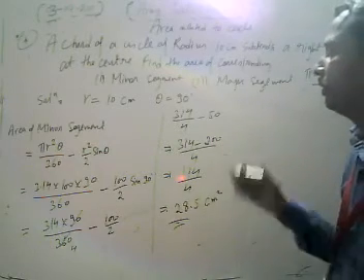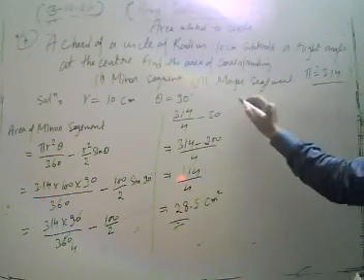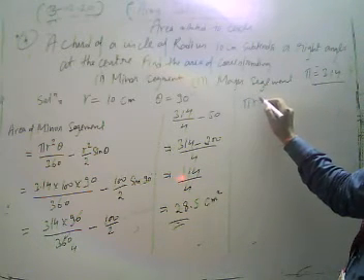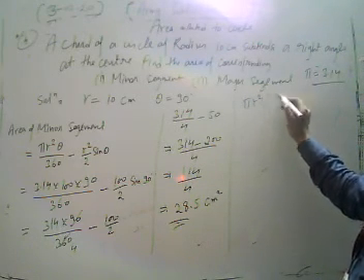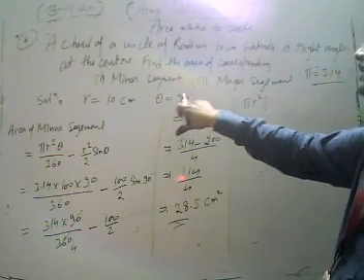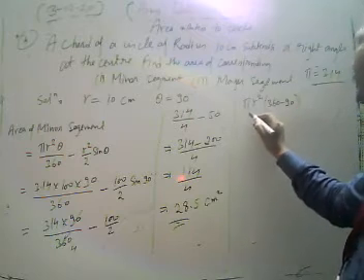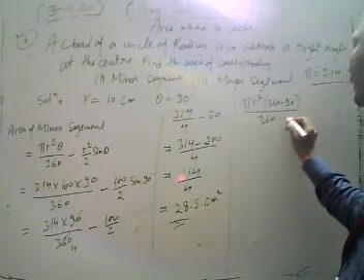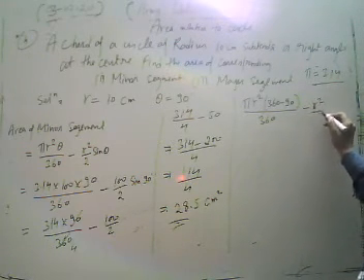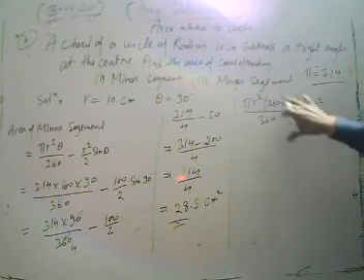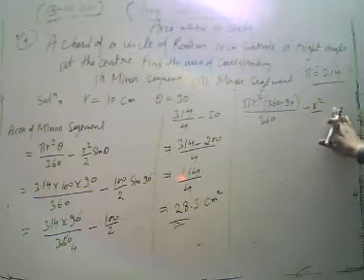Now what do we do to find the area of the major segment? Again, what is the formula for the area of the major segment? Pi r square into (360 minus theta) upon 360. When our theta is 90 degrees, we put in (360 minus 90) upon 360, and minus r square by 2.